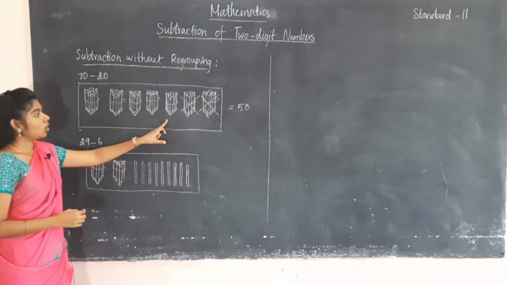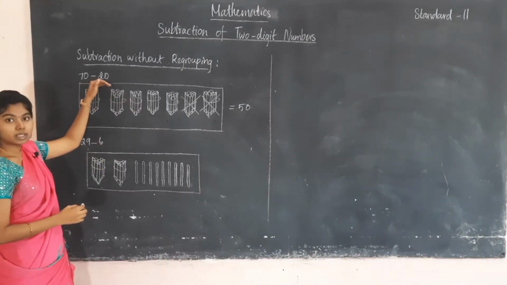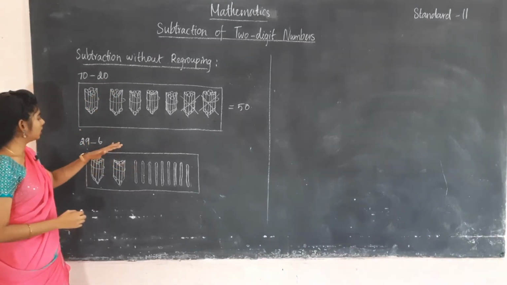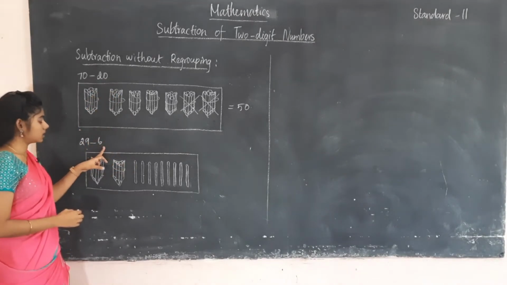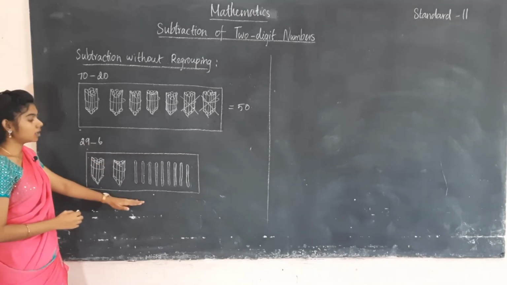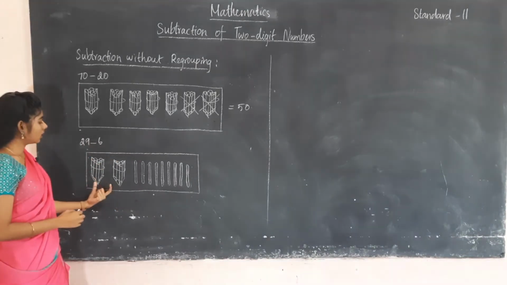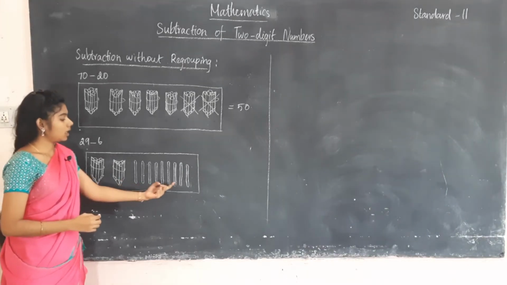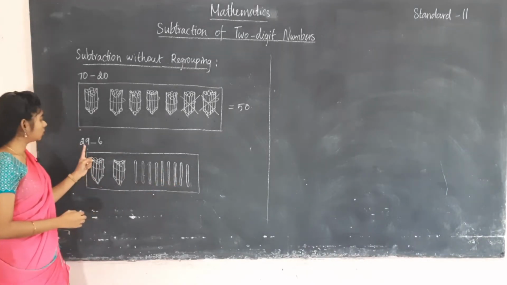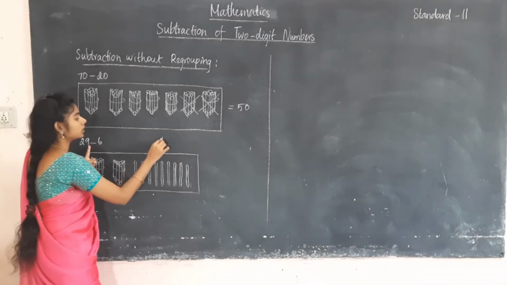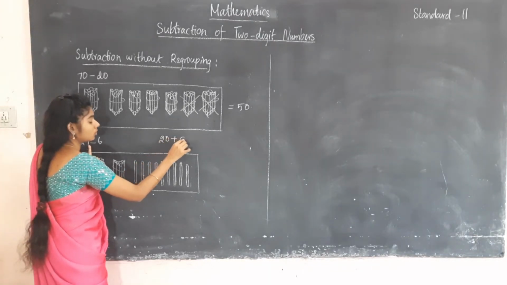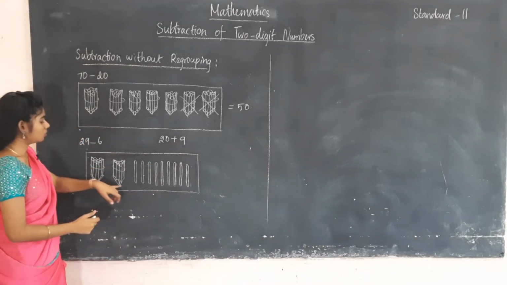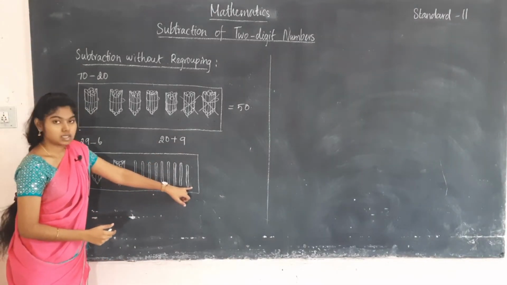Now how will you count by the ordinary method? We are also going to see it with the place value chart in this topic. Here there is 29 minus 6. With the figure representation we are going to see 29 minus 6. Here there are 2 bundles which is 20, and here there are 9 sticks. How will you split 29? You will split it as 20 plus 9. You know how to write this in the standard form. So write 2 bundles here and 9 sticks here.